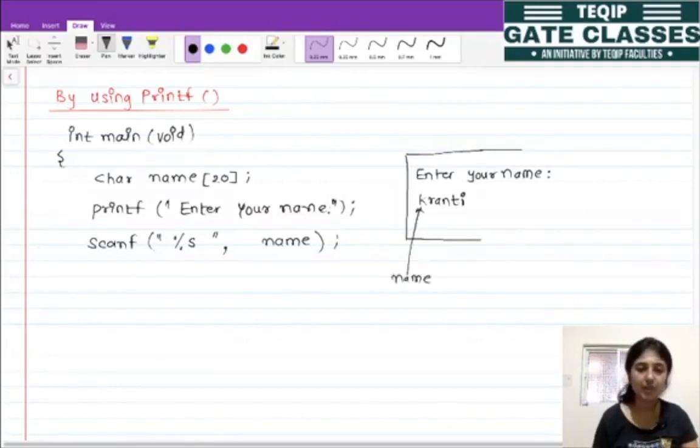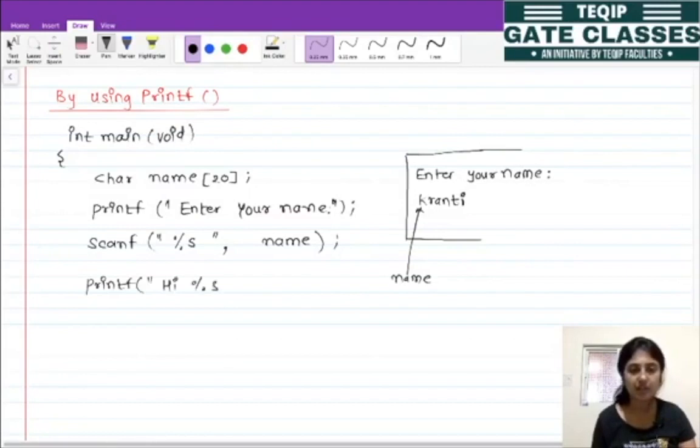So in order to print this, we write this printf statement: Hi %s, and what goes for %s is the name of our array, and here is our return 0 as we are writing int main.